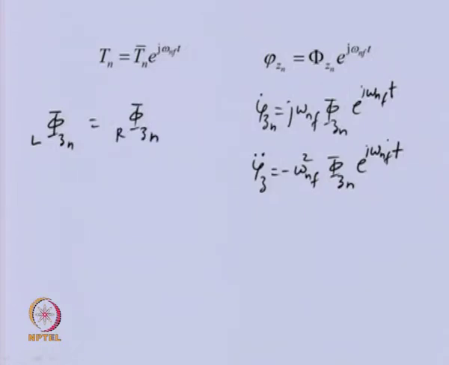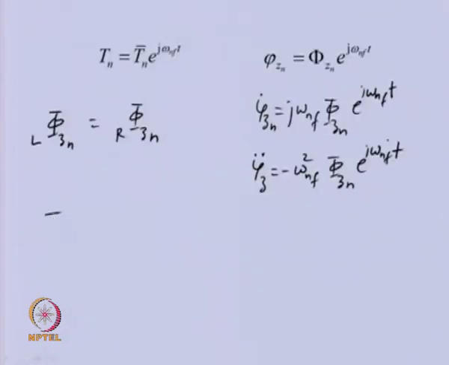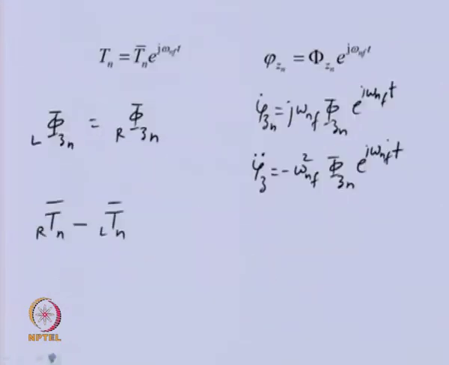This is from the first equation. The second equation contains so many torques, so we can have T or N. This is the j omega t terms; I am taking it out, because that will cancel throughout the equation. This is the second expression, and then we have a damping term, so minus C d n j omega n f